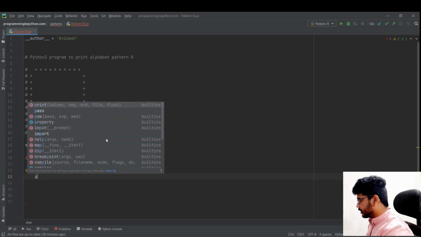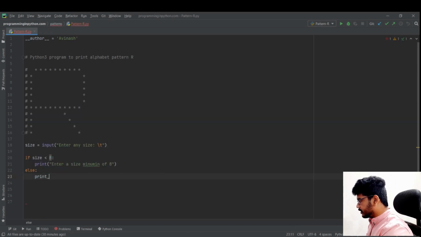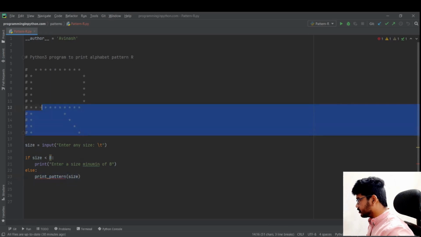So else here I will print the pattern. For that I'll create a new function, print pattern, and I will pass this size which I have taken as a parameter to this function. Here in this function I will define the actual logic to print this pattern.